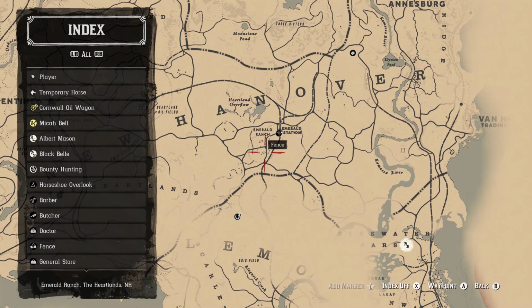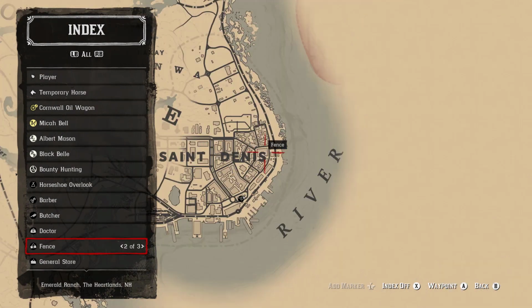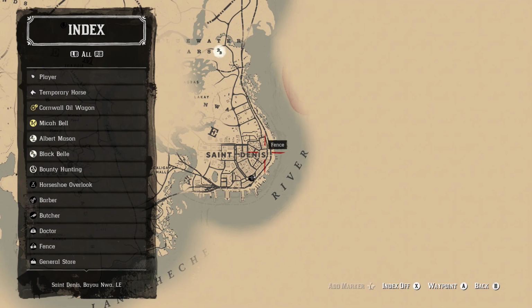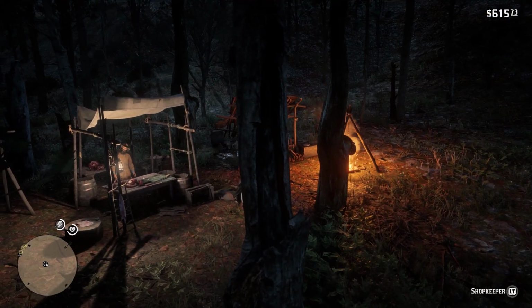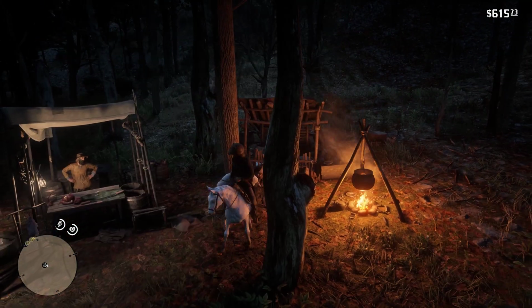Now, the fence has a different option. He's not going to make you the big flashy gear. He's going to make you the talismans and the trinkets. So you definitely want to make use of these to get to know them. Go and visit them. Now, once you've killed these legendary animals, I suggest going straight to the Trapper so that